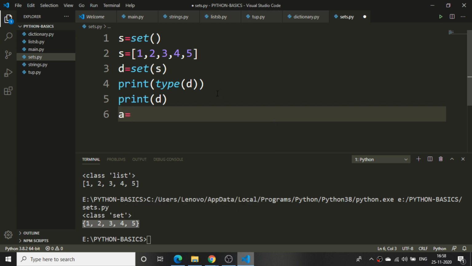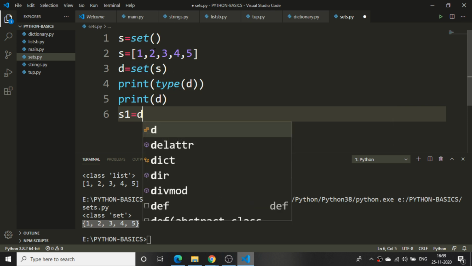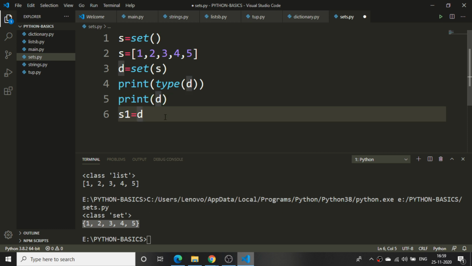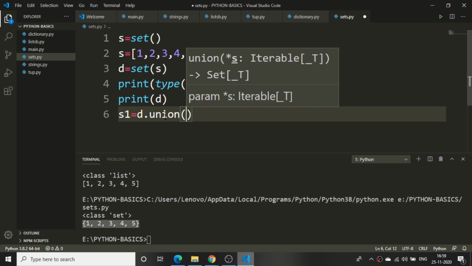So how to do it? I'll just show you. I'll say s1 is equal to, and I can add the stuff like that. We have 1, 2, 3, 4, 5 inside the s variable. Now I'll say s1 is equal to, I want to do a union operation with this d, whatever the value I have in d, 1, 2, 3, 4, 5. Everyone knows what union is. If you have some variable a1 and a2 has some variables, when you combine with the union, all the items will be in your output.